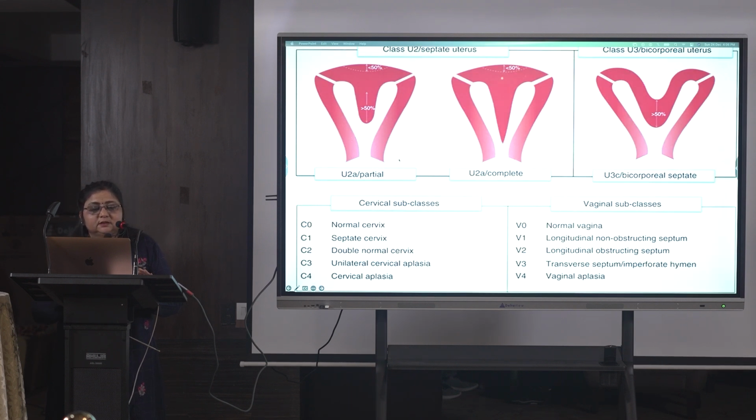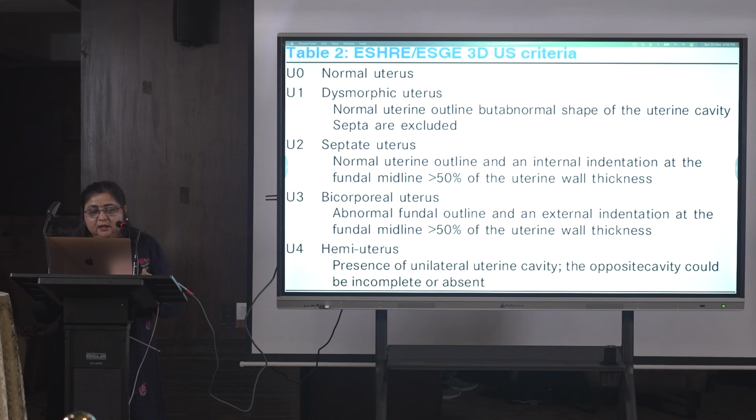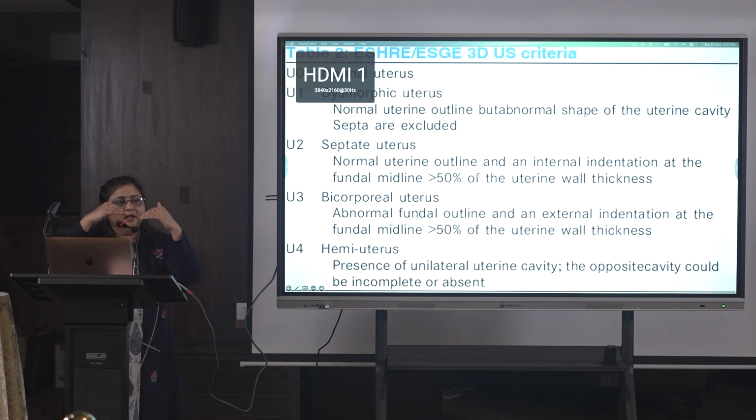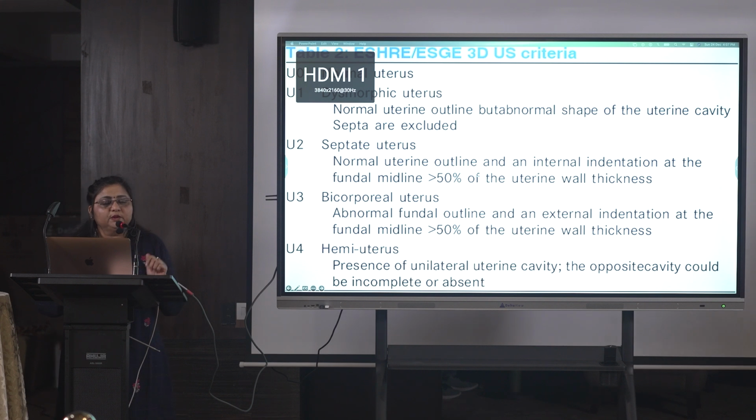So this is U2a partial septate, U2b complete, and this is bicorporeal septate. So this classification was actually developed to distinguish between a septate and a bicornuate, or a septate or an arcuate uterus. But there were some shortcomings in this classification also. This septate uterus, how it was classified, it was taking internal indentation, like the fundal indentation, which is more than 50% of